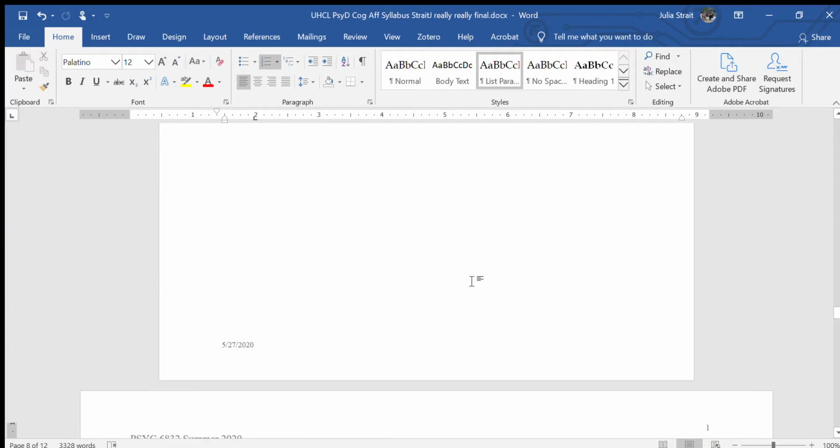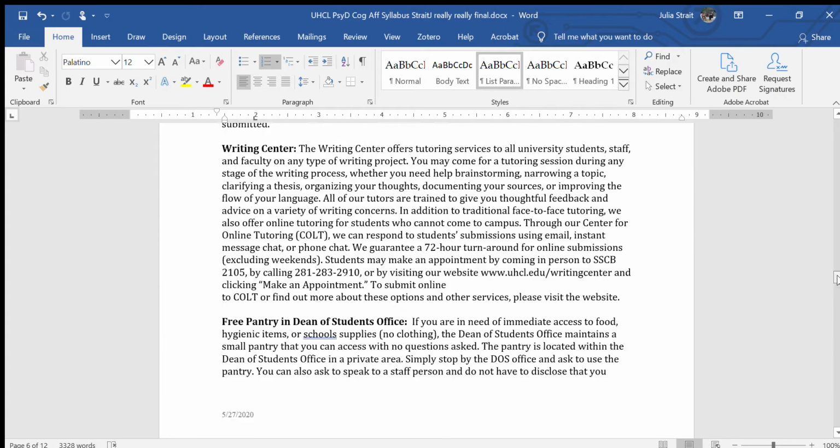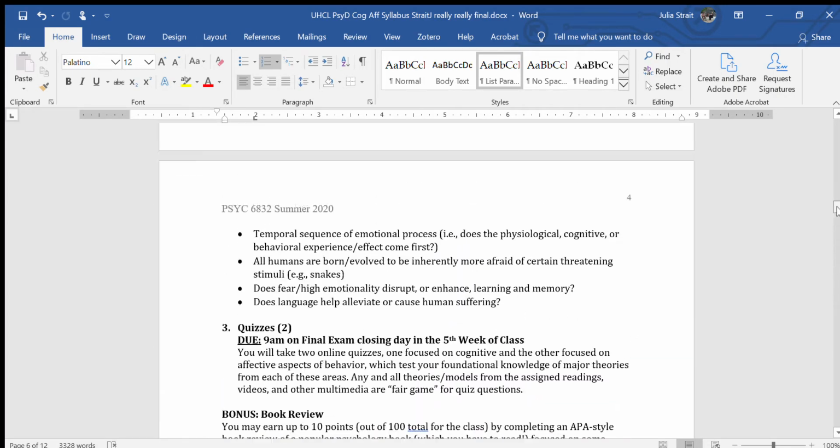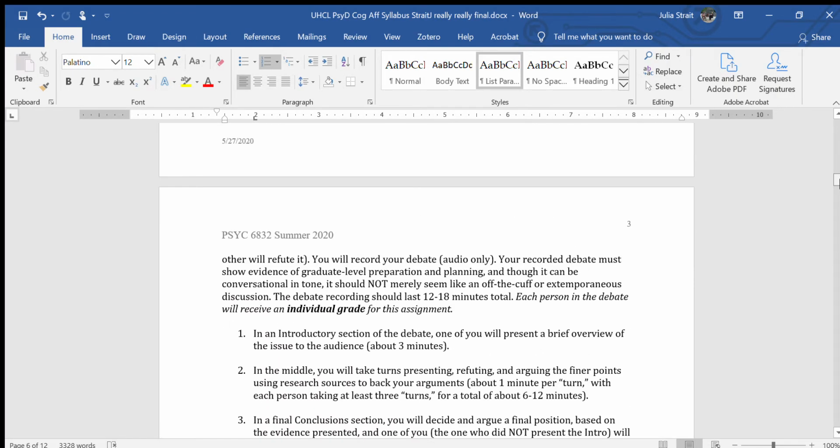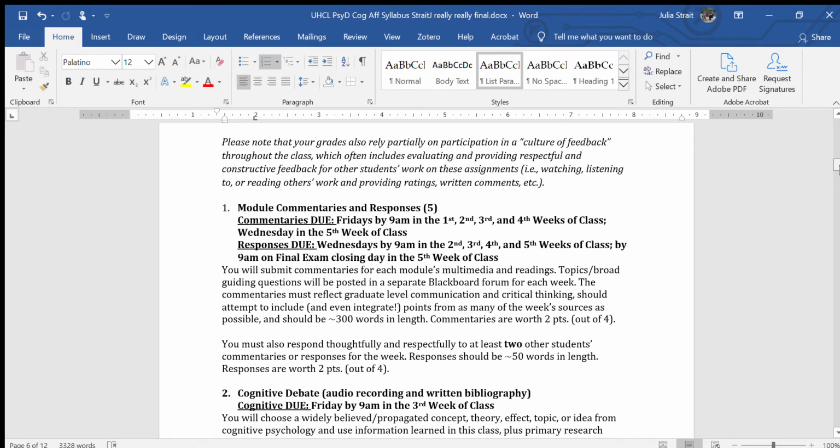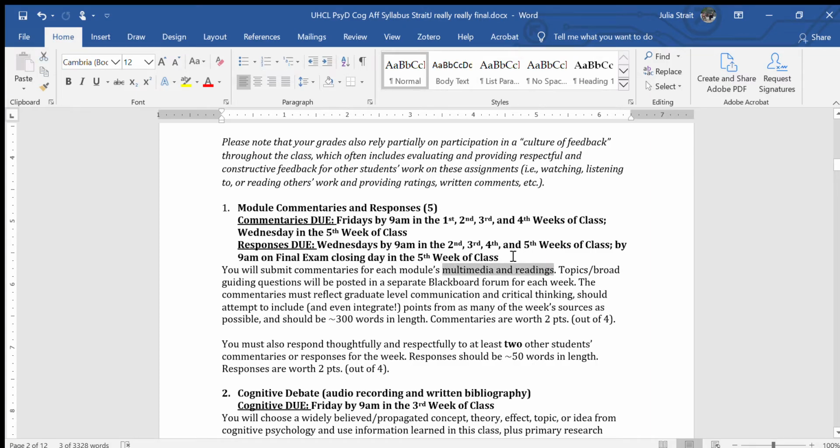In fact, I think in here there are some guidelines for your posts. So again, graduate level communication, that's something that APA is big on, and should be. They have to cover most. I want you to integrate as much as possible. And there may be one or two articles that stick out to you more than others, but